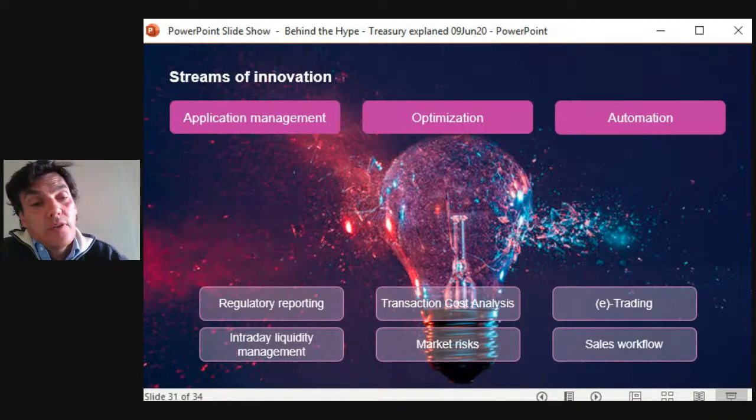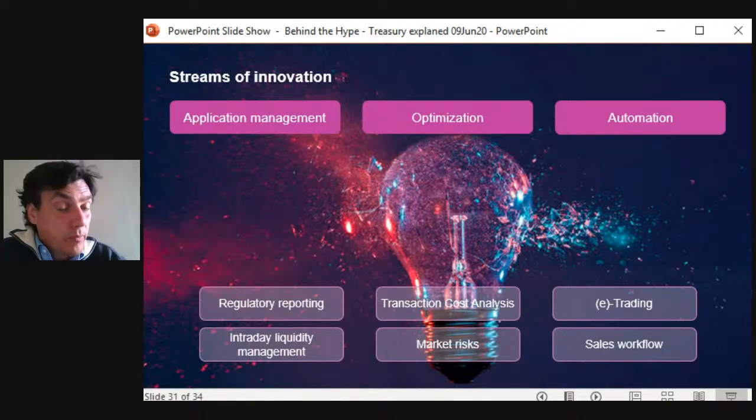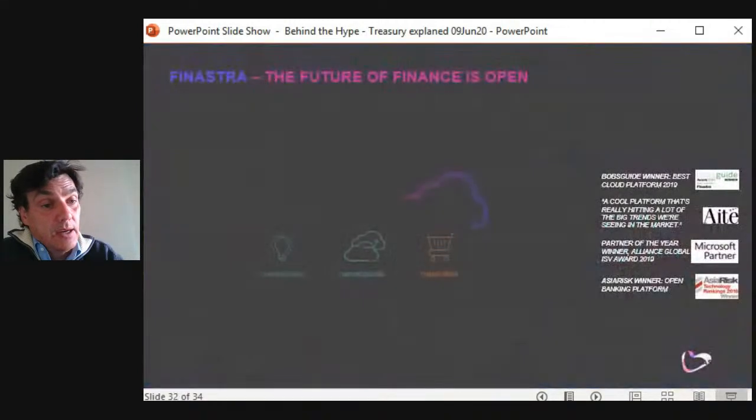And then the sales workflow. So how can I automate at some point what I'm doing inside my treasury with my traders and with my clients? How can I make sure that all the deals I have done, all the operations, are booked correctly without any mistake, that they will be processed properly and checked, verified, paid, securitized, whatever you want. So that's the sales workflow. It would go from your clients straight to your processing and to the payments. And there is a lot of reflection around that. So that's the innovation that we can find in the treasury at the moment.